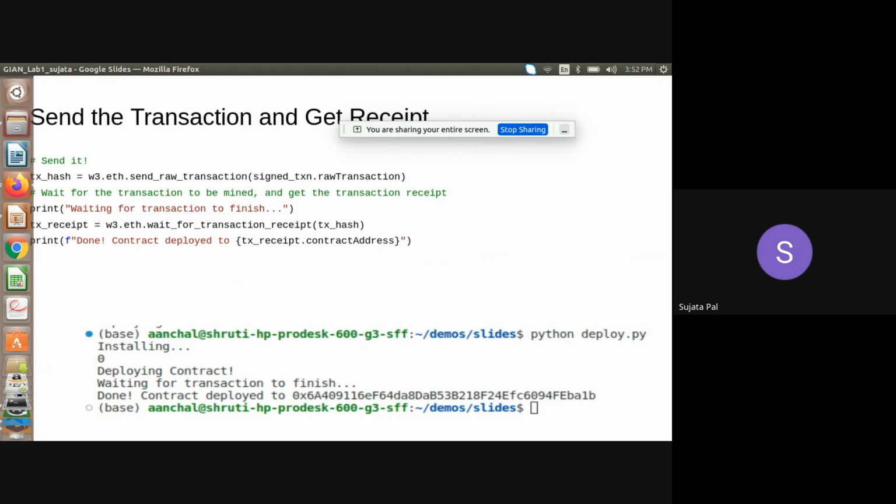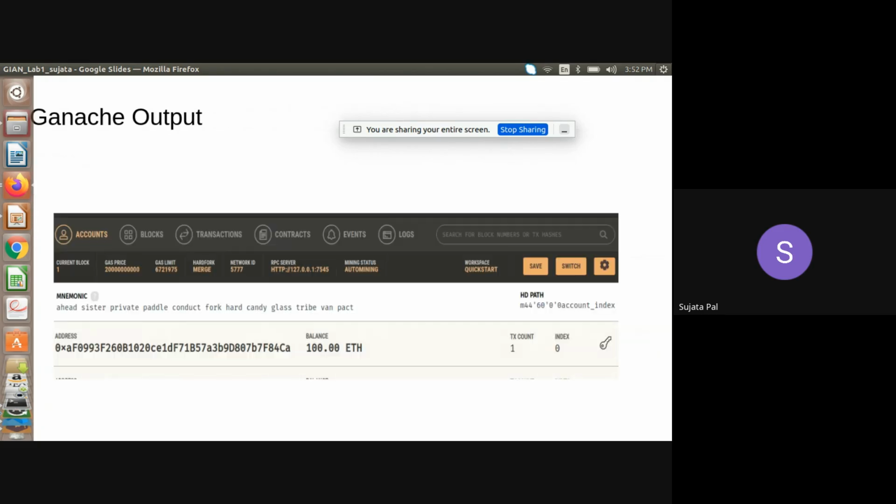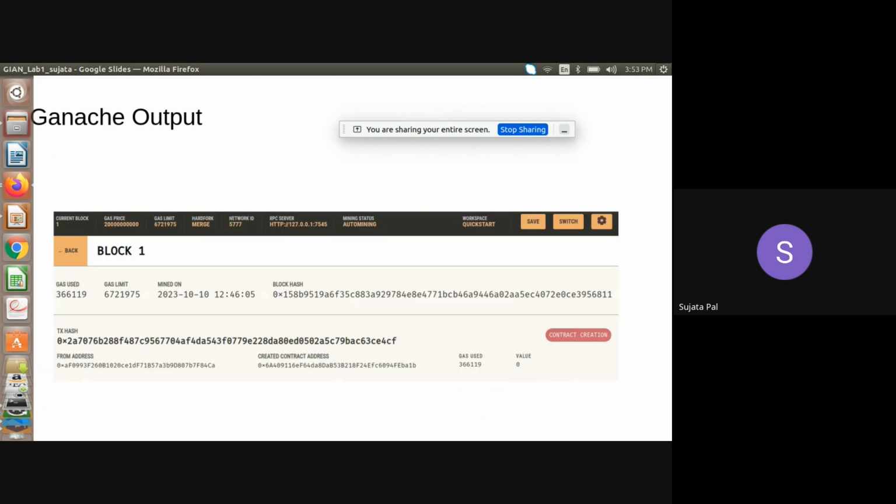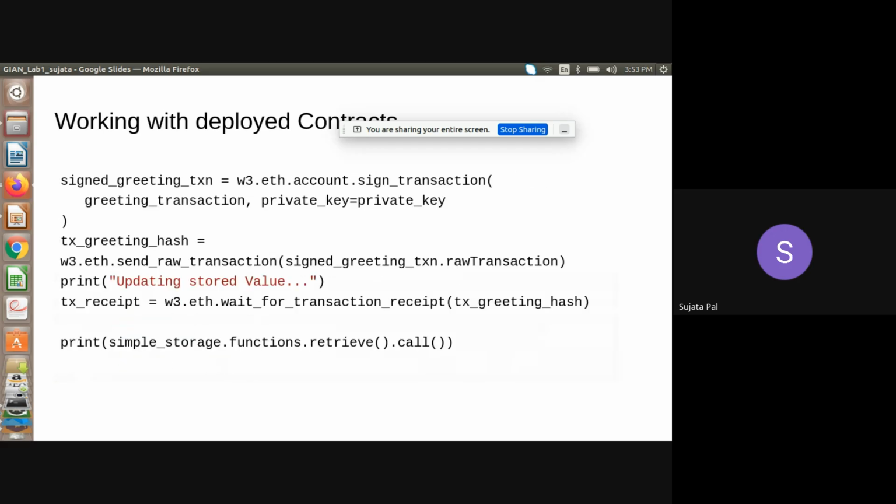Any queries? I think it's finished now. It's block 1, block 2. Yeah, ये Ganache क्या